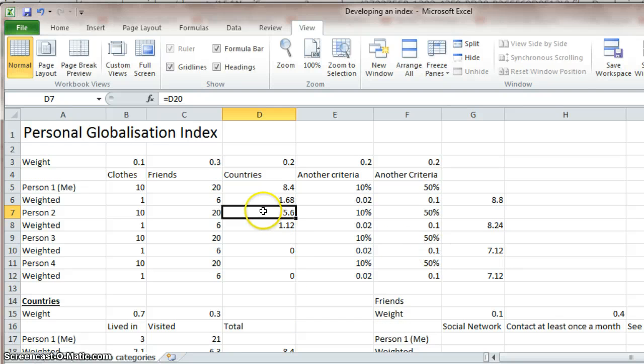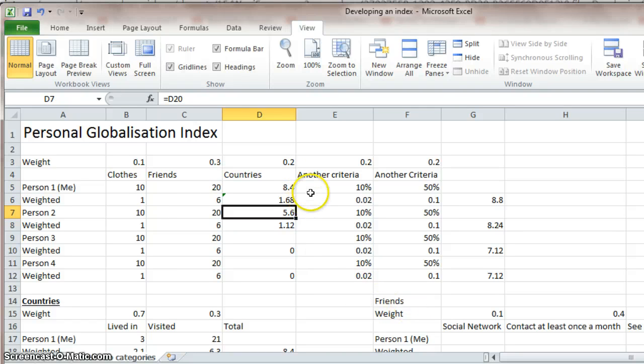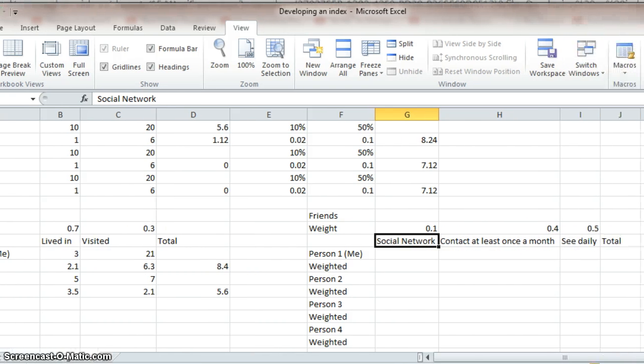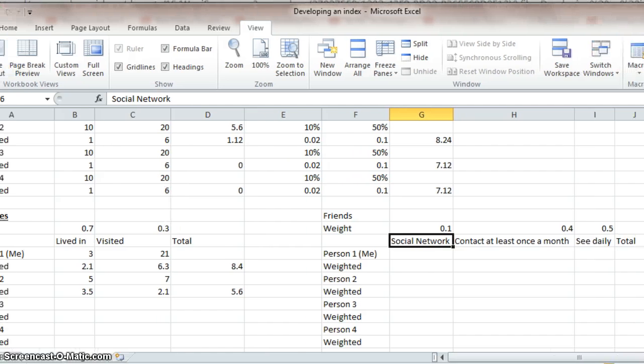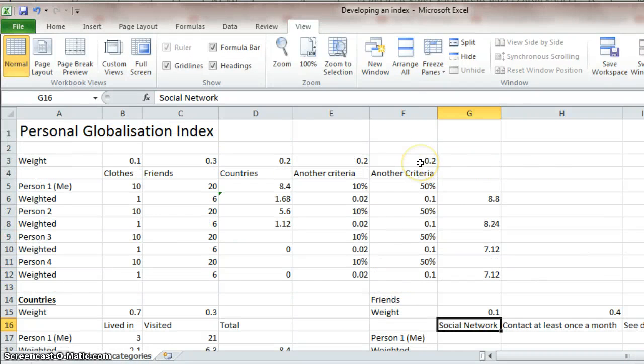We now do exactly the same as we did before. As you can see, we do 8.4 times by 0.2, which is the weighted for the entire category as a whole in there. And again, if you had another category, so for example friends, we could maybe split that down into subcategories: social network, contact at least once a month, see on a daily basis. Okay, so again, it depends how in depth you want to get it,